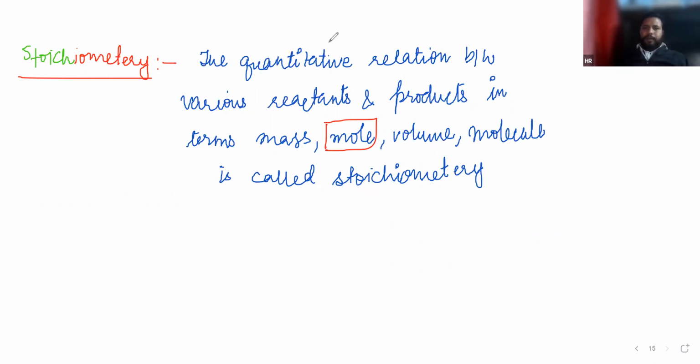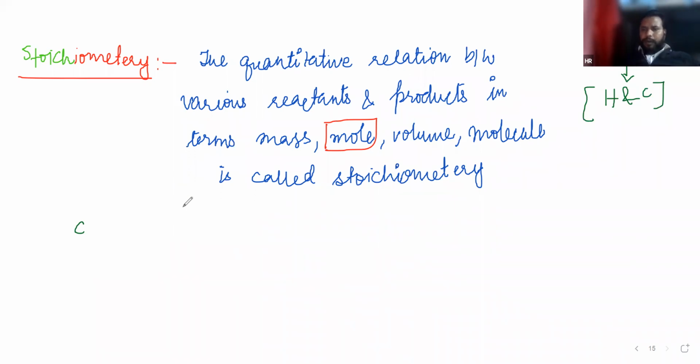Just see. Here I am writing a general equation for combustion of hydrocarbon. Do you know what is hydrocarbon? Have you ever heard of this term hydrocarbon in class 10th? In class 10th, carbon and its compounds, hydrocarbon is that compound in which hydrogen and carbon are present. Is that clear? Now see, I am writing a general reaction for combustion. Do you know what is combustion? Burning of anything is called combustion.